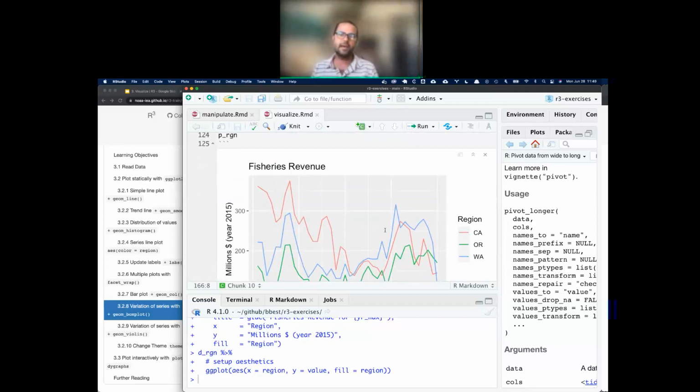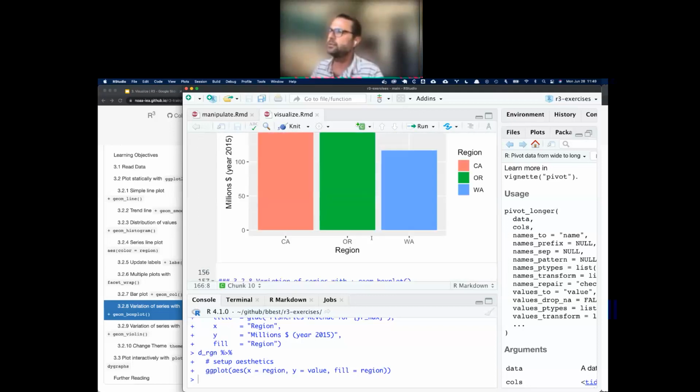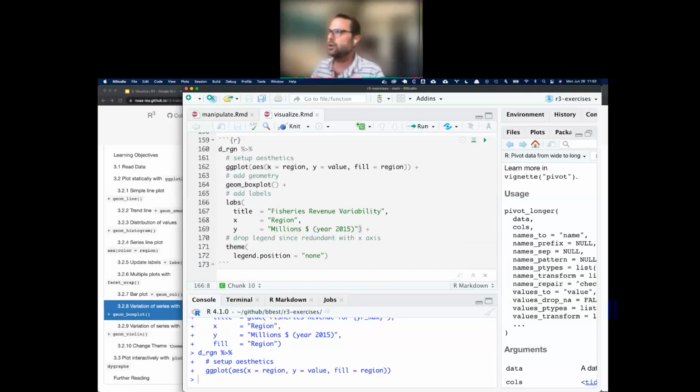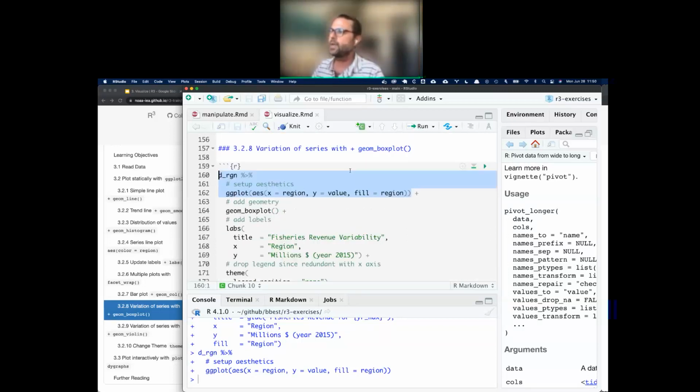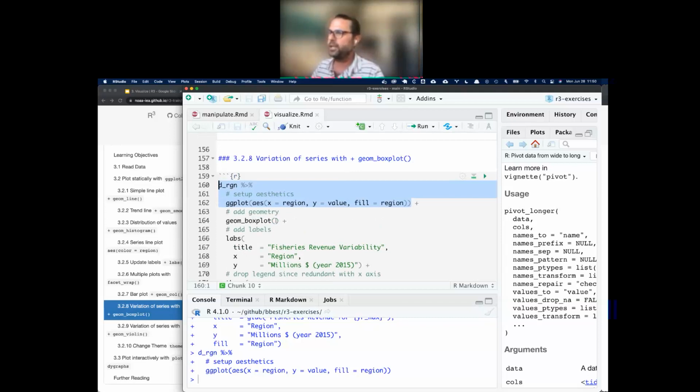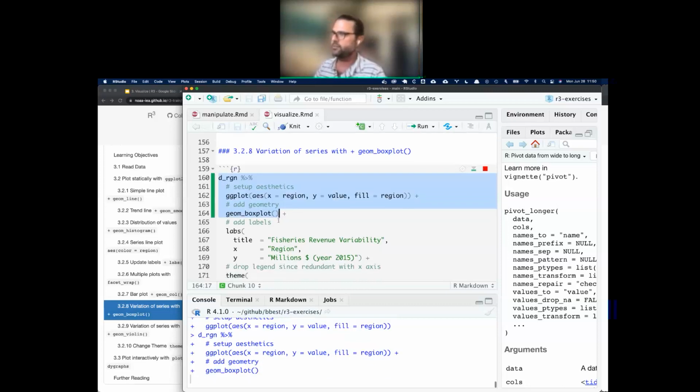There's another way to visualize that, which is: what's the mean or average value for that given region, and then how much does it vary around that value? That's classically done with a box plot. So we can take almost identical aesthetics as before, but now we're applying a geom box plot. We're not limiting it to the most recent year, and we're giving it a box plot. So if we look at that,